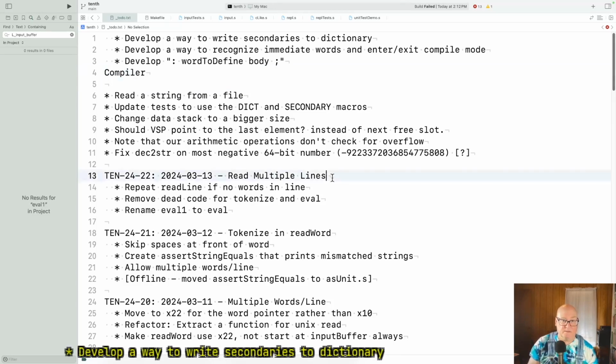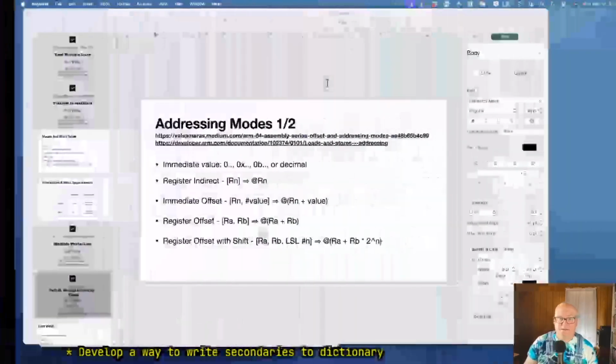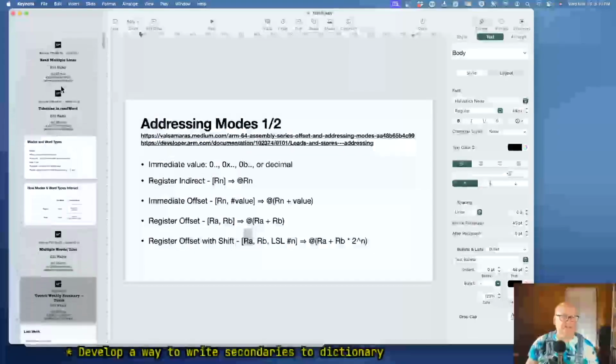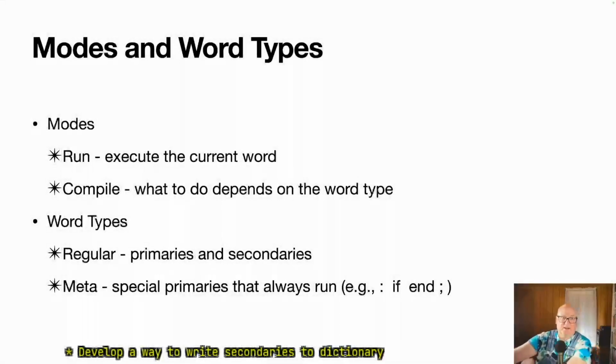Okay, so this was REPL. All right. Let's see. I had some pictures. I did start thinking. It's these. Okay. So the vocabulary we have,